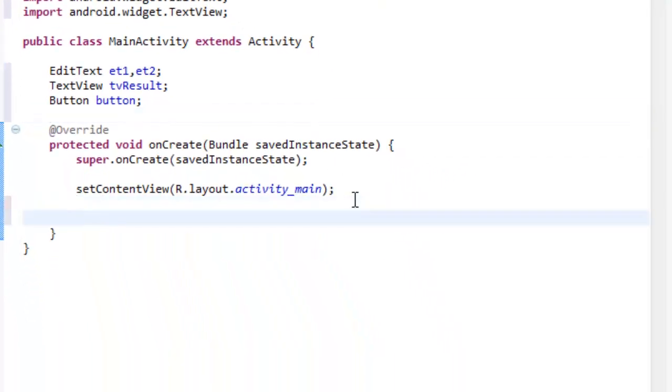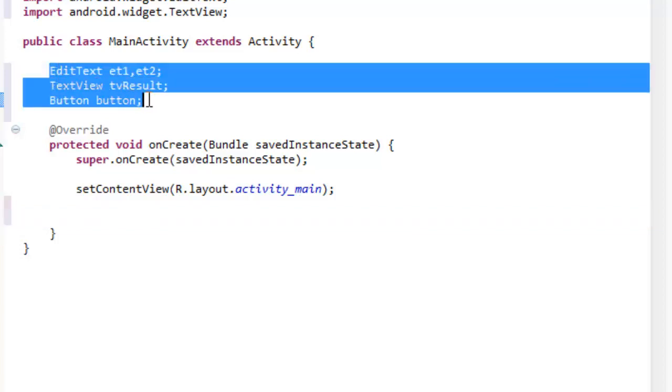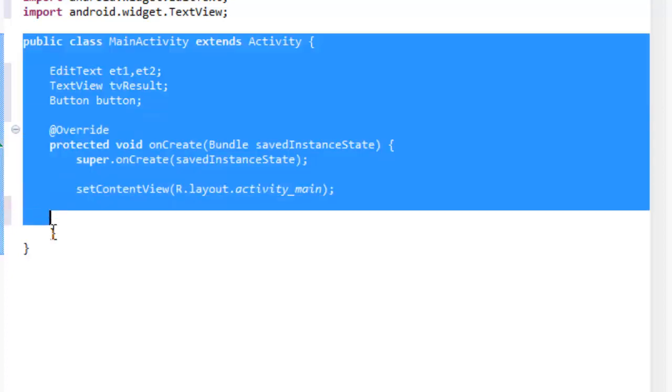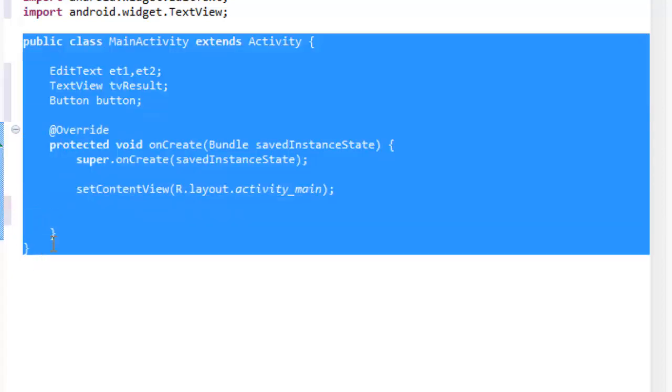Now we have to provide ID to each and every element described in our global variable. These are the global variables which are listed above all the method. They are called global variable as they can be used in any of the method of the class. This is the class, and any of the method could access the global variables.